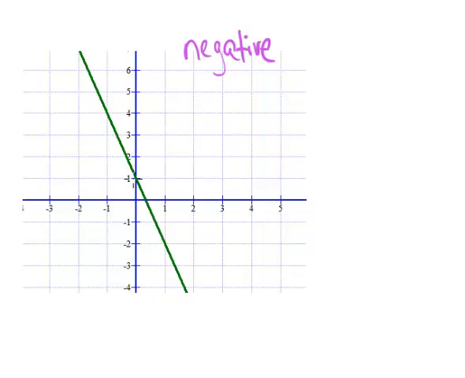So let's pick 2 points. You want to pick 2 points that fall right on the line, where it's easy to pick your coordinate points. Another point that could have been picked is right here. So if we pick the points (0, 1) and (-1, 4), the slope, with m being the slope, is rise over run, where rise is your change in y, delta y, and your run is your